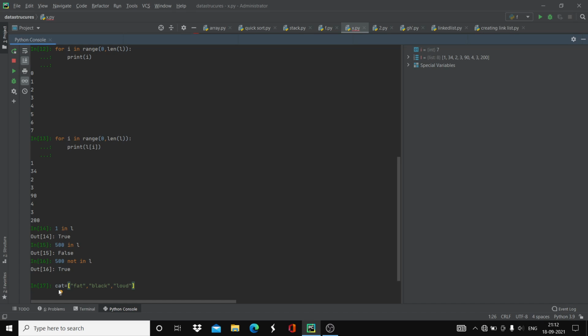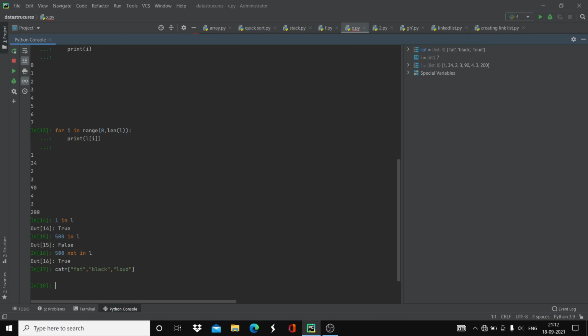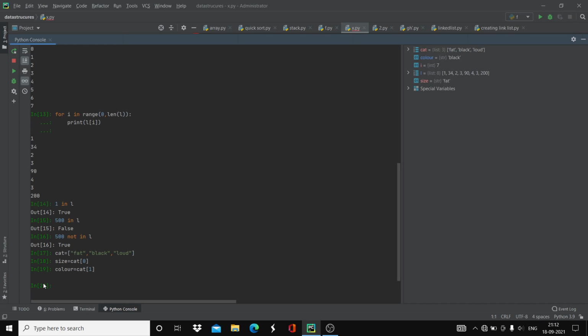When you want to assign, say size equal to cat of 0, then color is equal to cat of 1, and then s is equal to cat of 2.